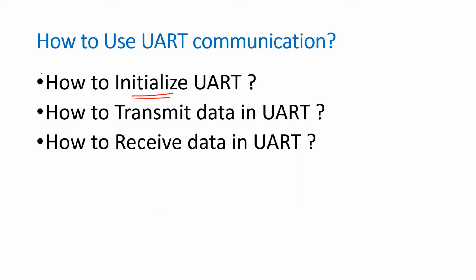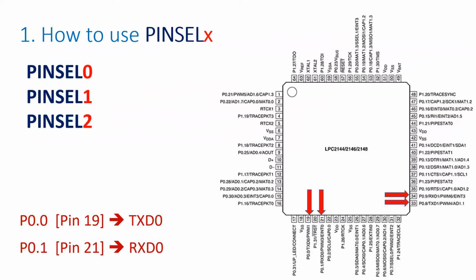The first thing, this will open the serial communication channel. Second function is, of course, how to transmit data via UART. The third one is to write a function for receiving data via UART. So these are the very minimal set of functions you need for starting using your UART communication. You can build later. So let us start with the initialization first.